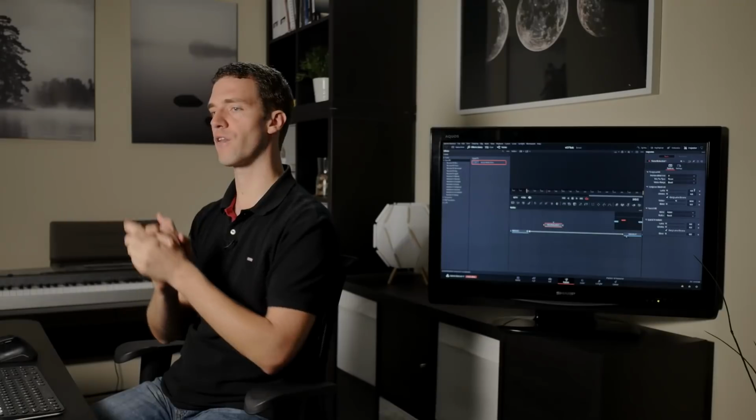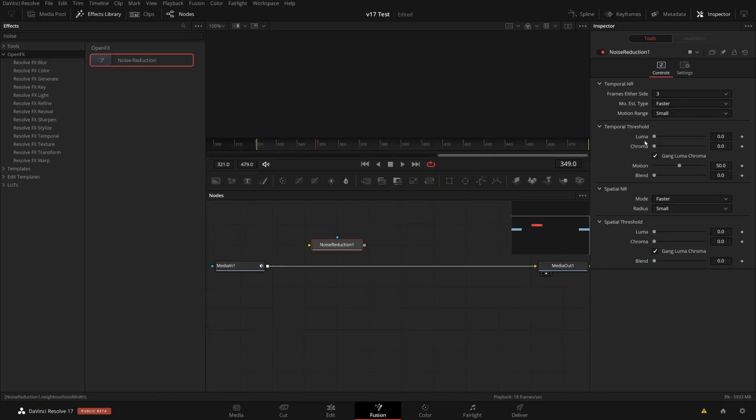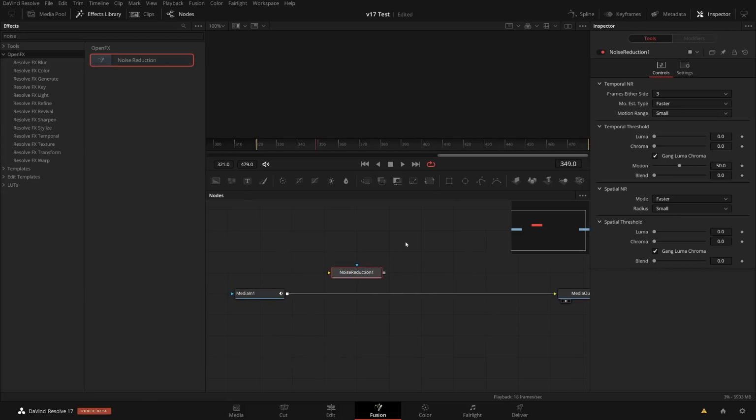I was really hoping for this for a long time, and now we have it in Fusion directly, because in Fusion often I need to denoise a plate, especially before keying, but also for other VFX. Sometimes you need to denoise, then do your VFX, then add the noise again, things like that. So now I don't need to round trip to the color page or do any strange workarounds or rely on third-party software, but I can directly use the color space denoise tool, which is a very efficient tool from the color page. I can use the very same tool now in Fusion. So that's a really good thing.